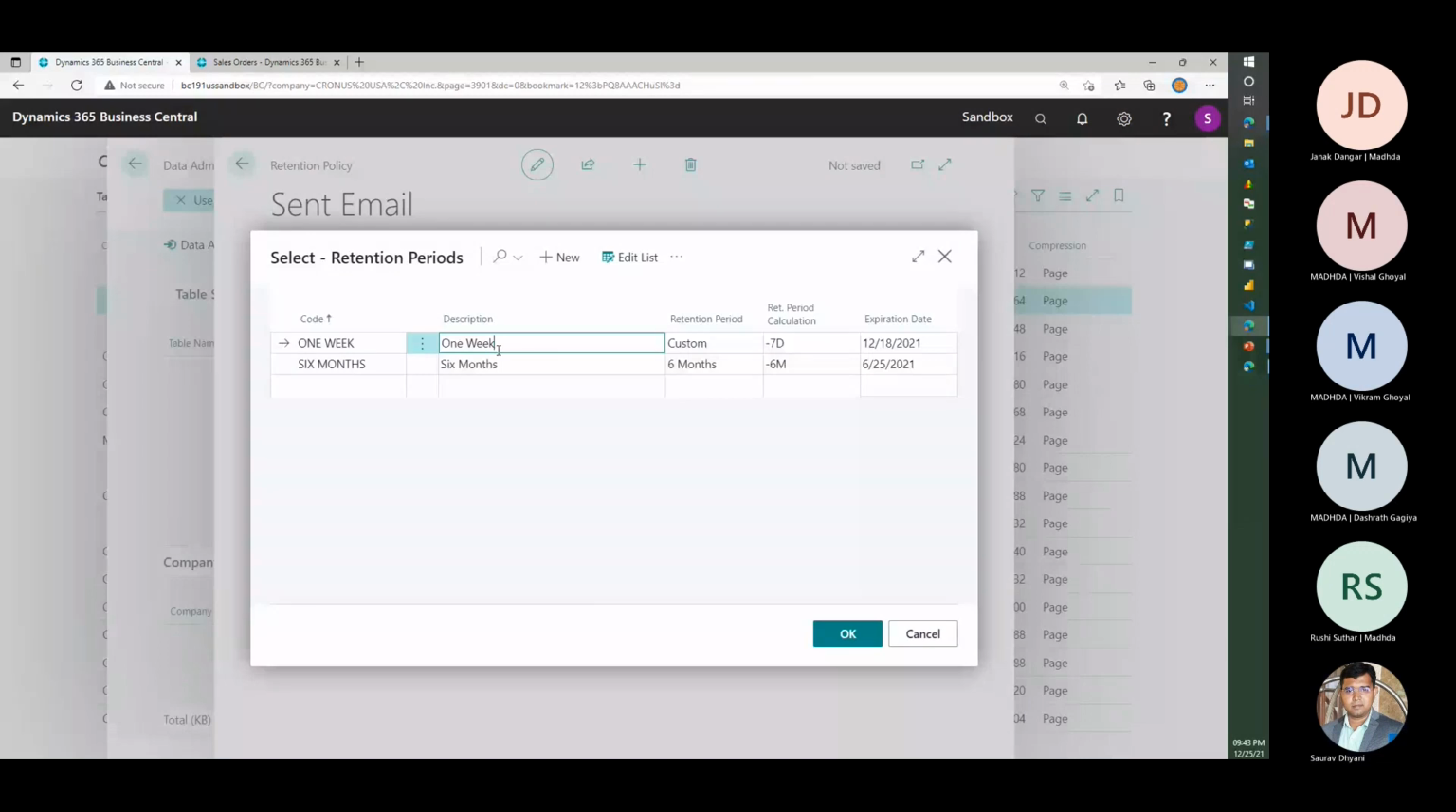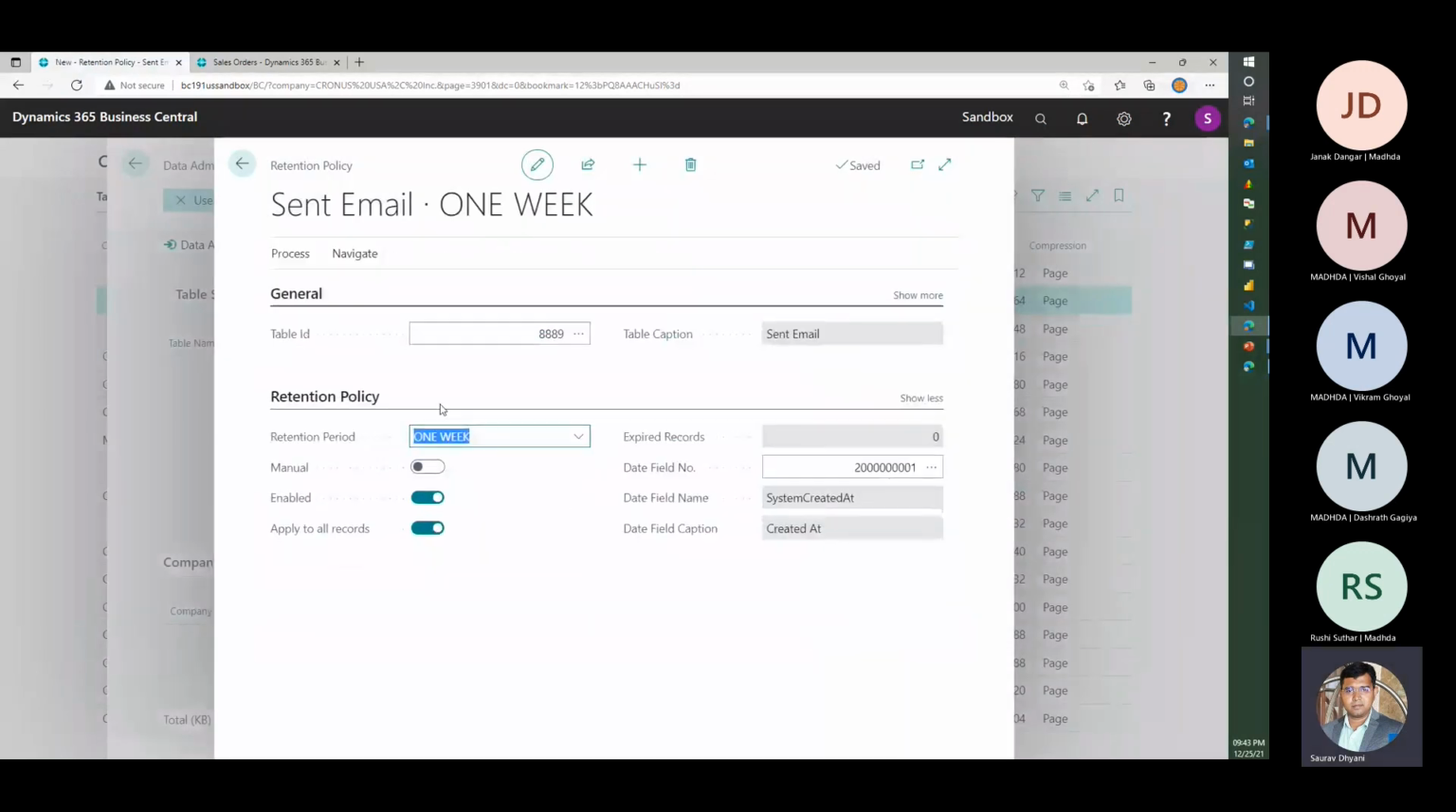Okay. You can also set it up for 1 week. That's why it says 1 week. Okay. Then click OK, and it will define the age of your record by default based on the system field which